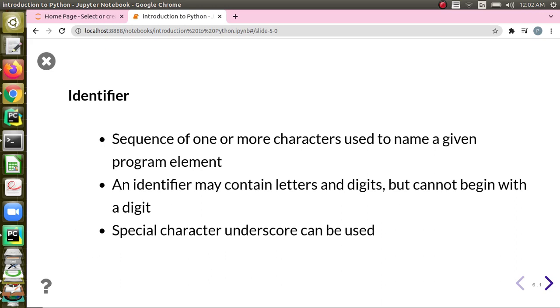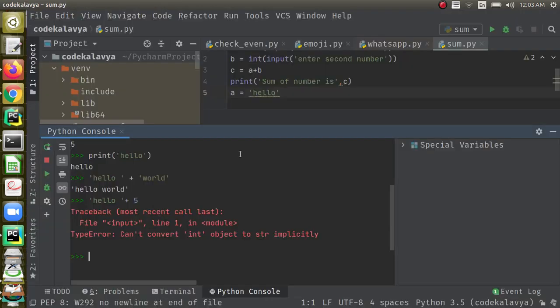The rules for identifiers in Python are: an identifier can be a sequence of one or more characters of a program element, and identifiers can contain letters or digits, but should not begin with a digit. And the only special character that is used in an identifier is underscore, right?